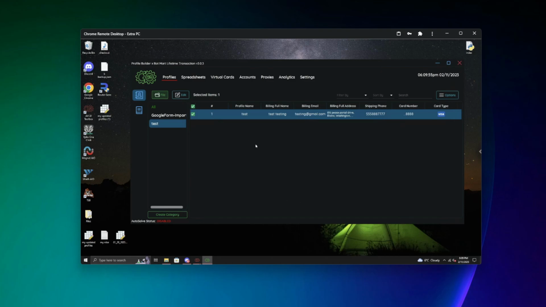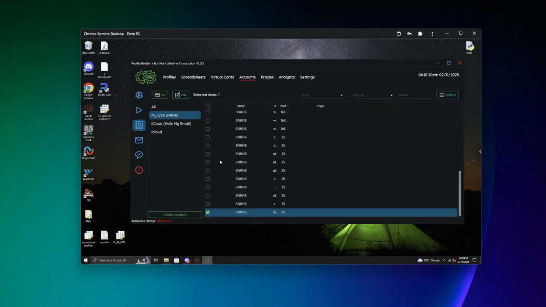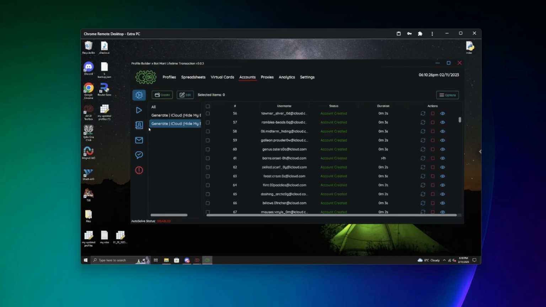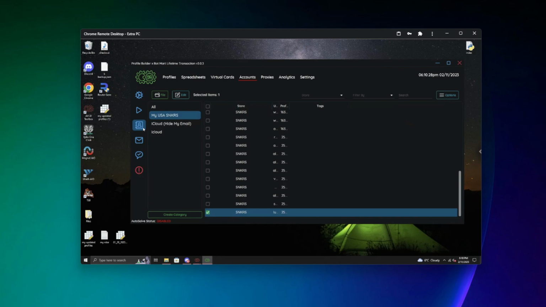Now the next step for me would actually be to make sure that my jigs are done correctly. If you've done the jigging ahead of time and you've imported the information, then of course this process is not going to be needed, the jigging side. If you have not jigged, then I would recommend you look at the jigging guide, jig your profiles that you have in here, and once you've done your jigs, you're going to step over into the account section. Now in the account section, you'll just be met with this, but we're going to come over to the account side,